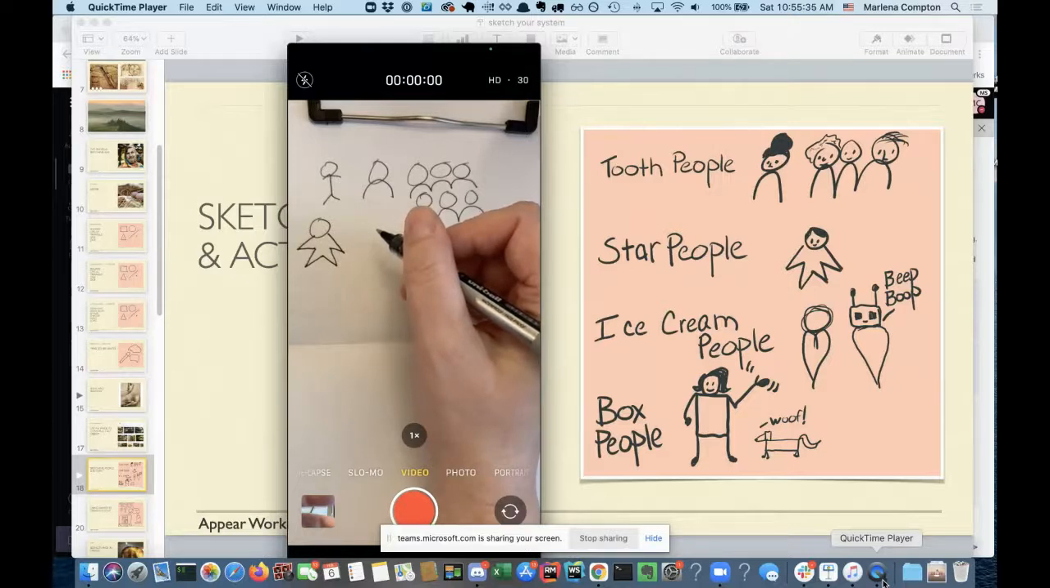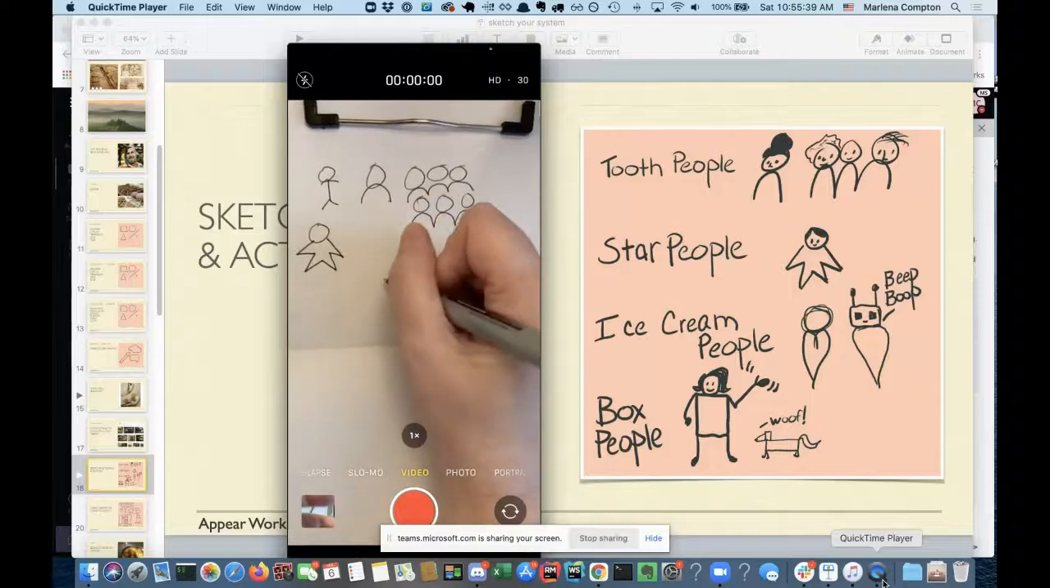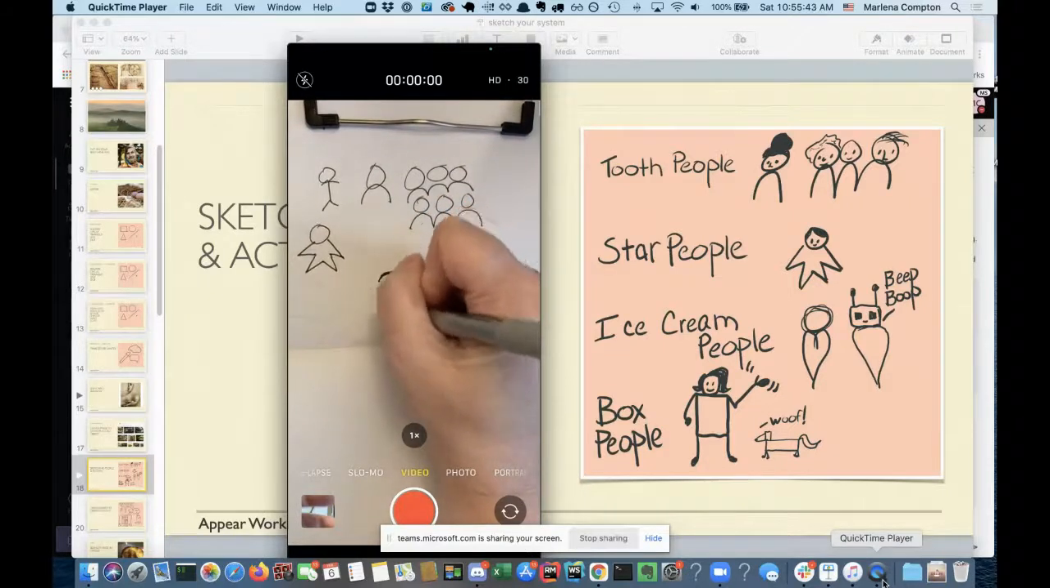Let's see. Oh, ice cream people are really fun. These are simple to draw. I had a teammate at IBM who was always drawing people like this. And I like it because